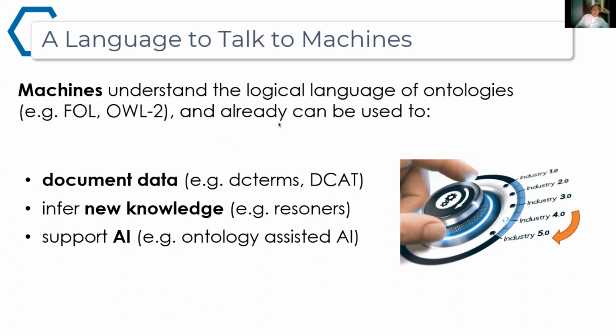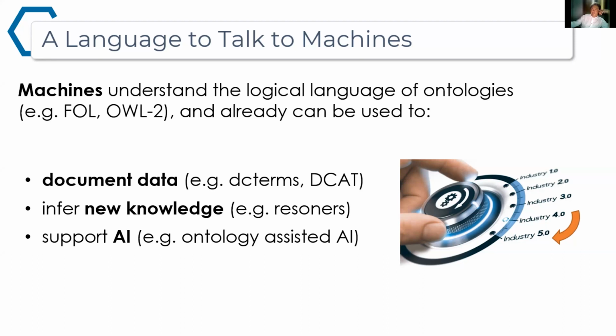But another important thing is that this language, this realization of an ontology in RDF, is something that can be understood by the machine. So ontologies are the key to bridge the gap between humans and machine, because an ontology is somewhat a formalization of the knowledge of human beings, and when they are formalized symbolically, they can be integrated in other systems, for example, by supporting AI, in order to improve the capability of digital systems